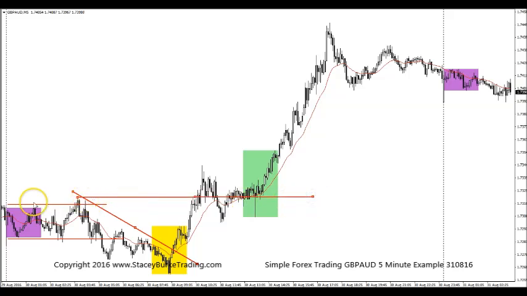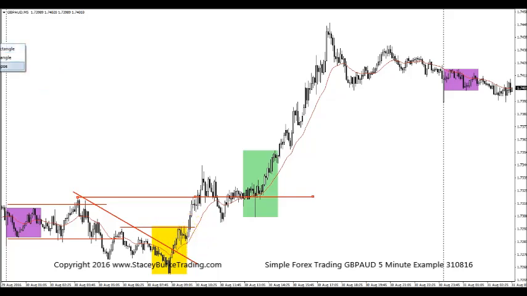So we look for the banks to go to work. They move the market. Then as London and Frankfurt open up and the largest trading volume in that 24-hour time frame starts to come into the market, we see that pattern break occur, or trend line break, whatever you want to call it. And what we look for is these consolidation patterns below a previous level of supply or above a previous level of demand inside the moving average,